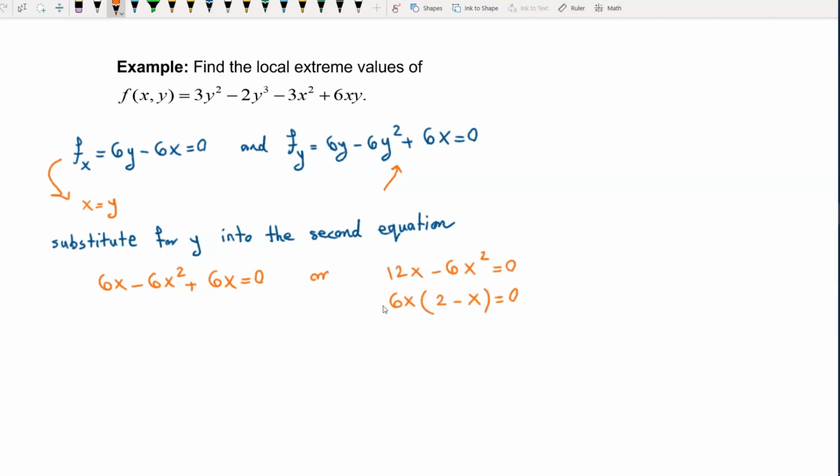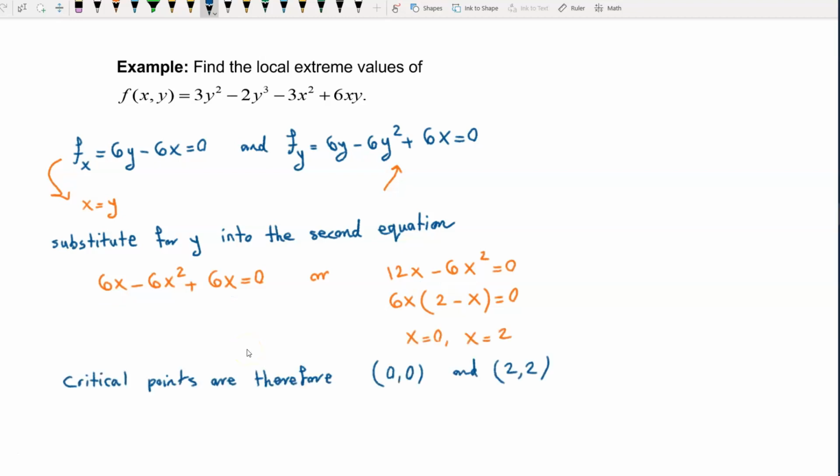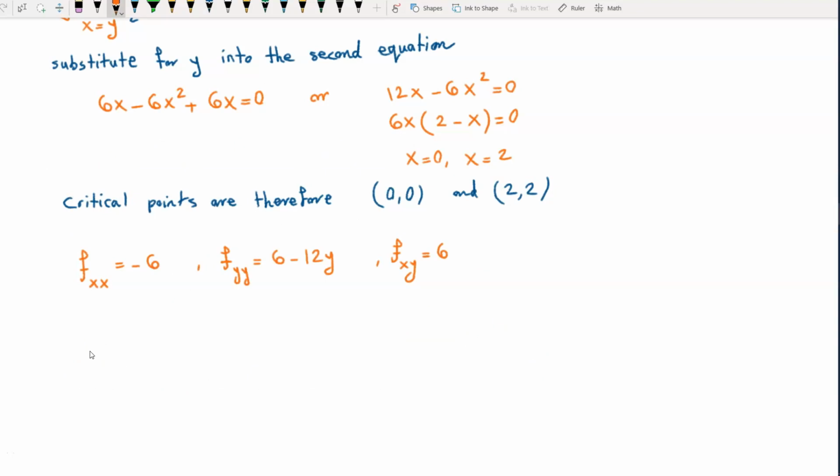What I did on this part was combine like terms, so here we have 12x minus 6x squared equal to 0. Then we had a common factor between these two terms, which was 6x, so here we have 6x times 2 minus x equal to 0. Solving for x, we have x equal to 0 and x equal to 2. Because x equals y, the critical points are therefore 0, 0 and 2, 2. Now to classify the critical points,